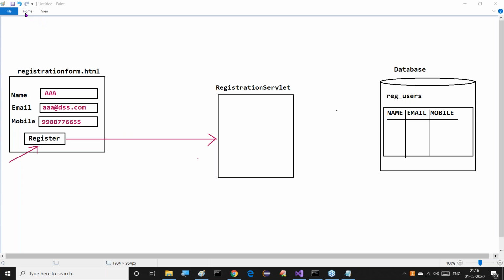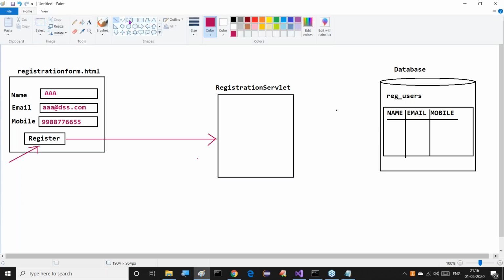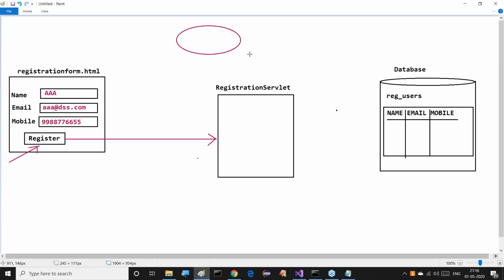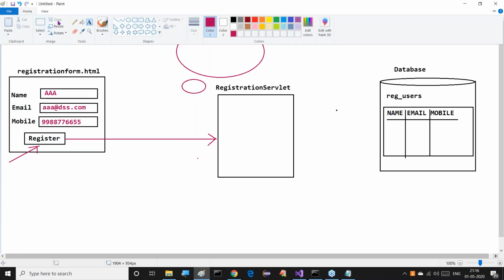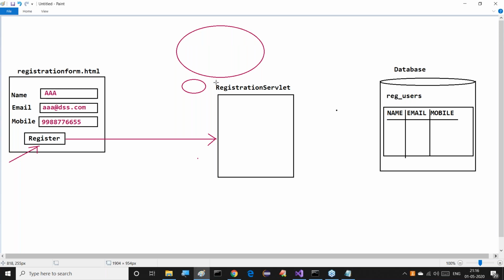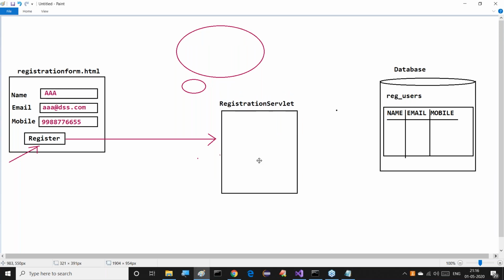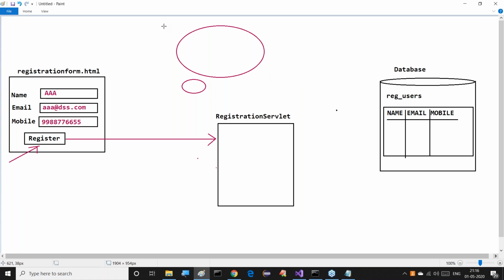Right. Definitely the total data will be stored in the form of an object. That object is called the request object. All of you observe this clearly. At the server side, the total data will be stored in the form of a request object.